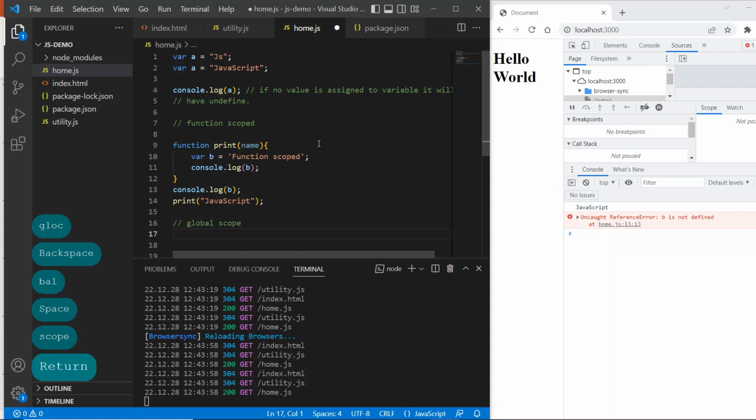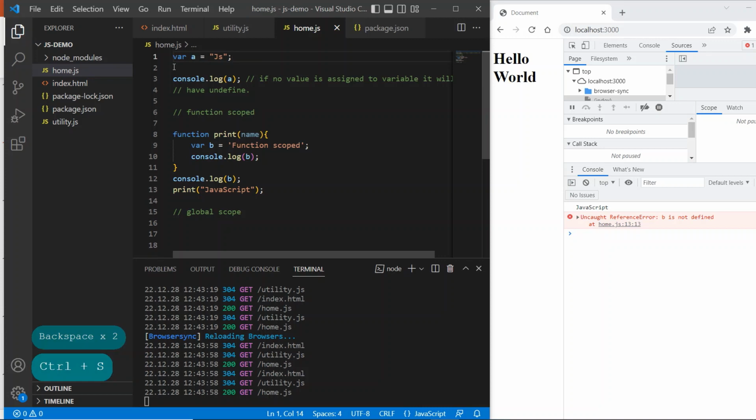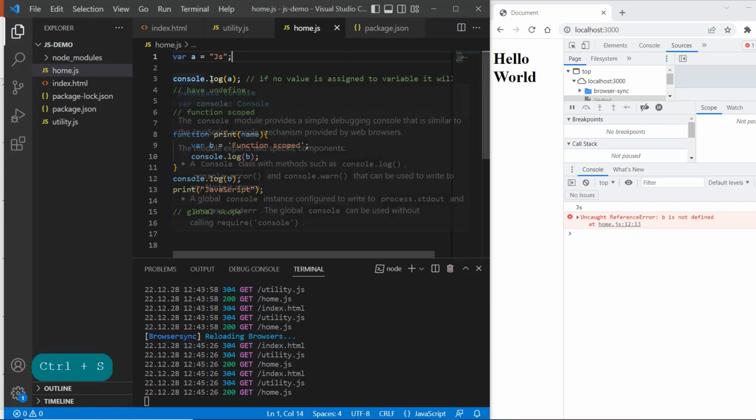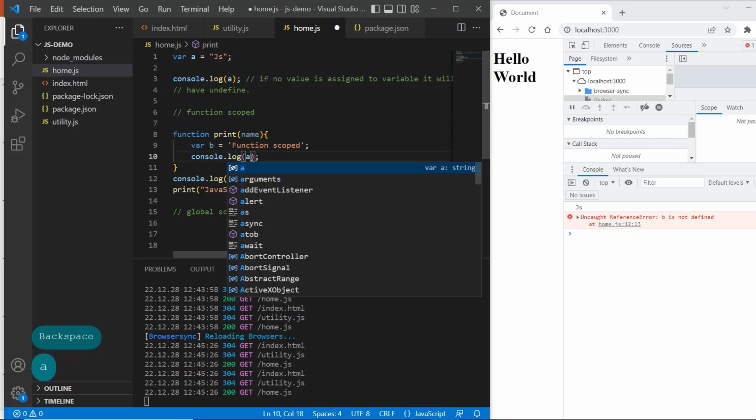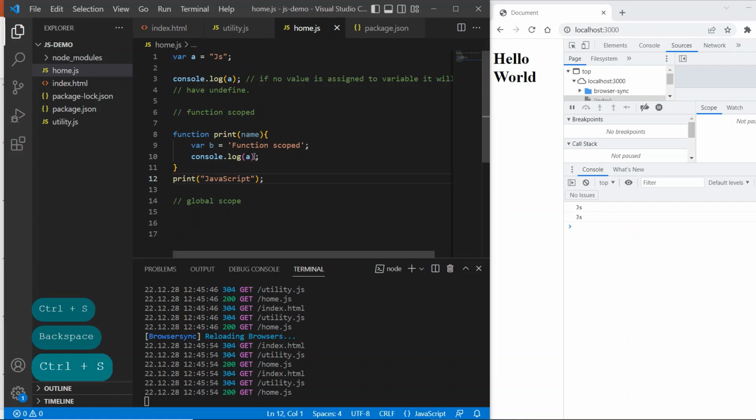For example, if I have created this variable a outside the function, now this variable a will have global scope and you can access it anywhere in the program. So if I try to log my variable a here, I got the output JS, and if I try to log it inside the function also, I will get my output. See, I got the output.